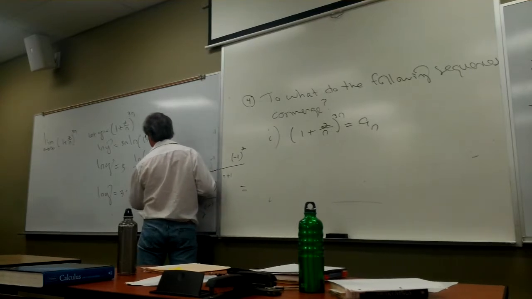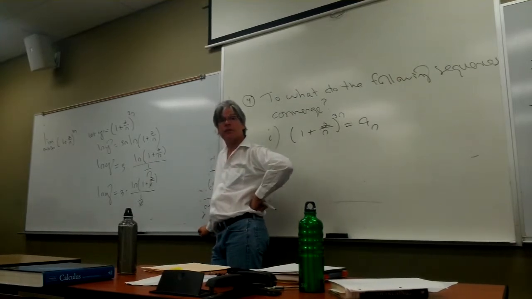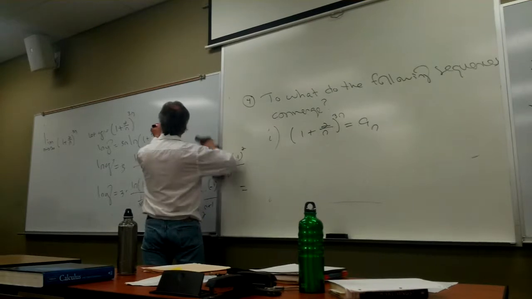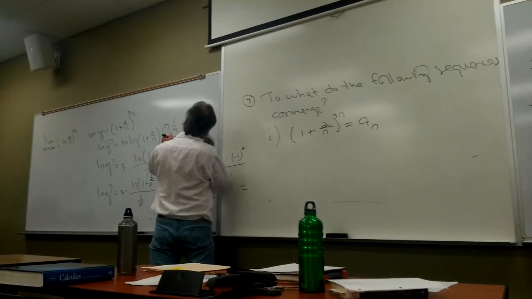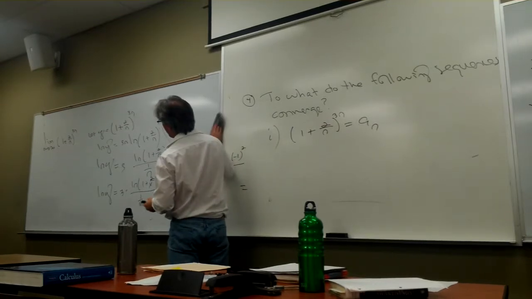Excuse me, I said, rewrite as a continuous function. Now I've got the right to differentiate both sides. So applying L'Hopital's rule, I see that my 1 over y times y prime is nothing more than